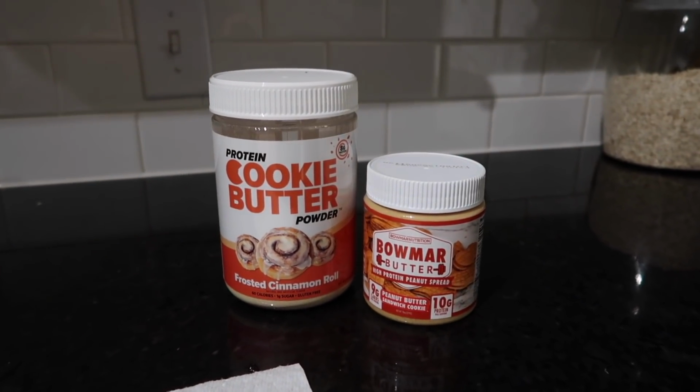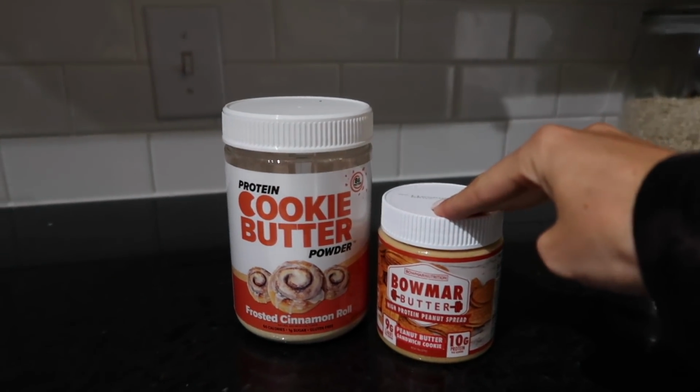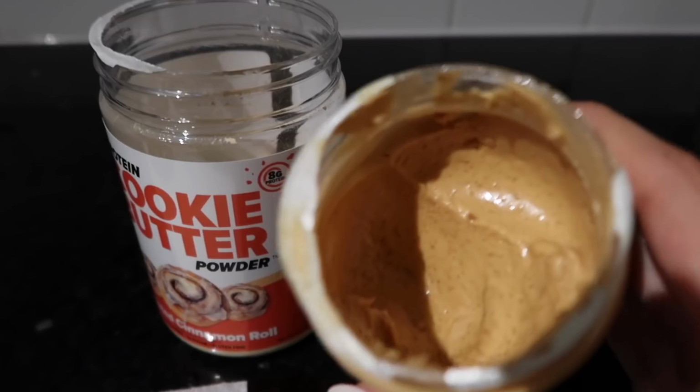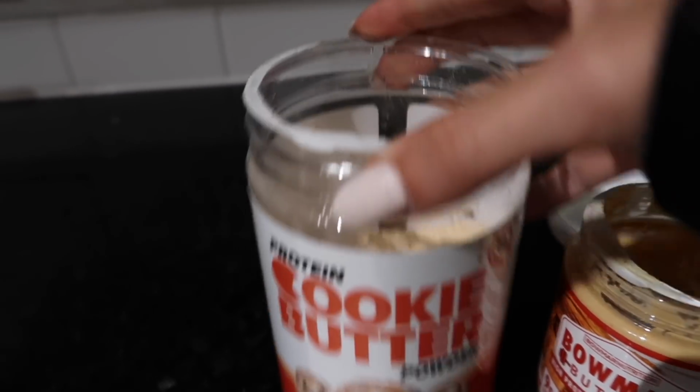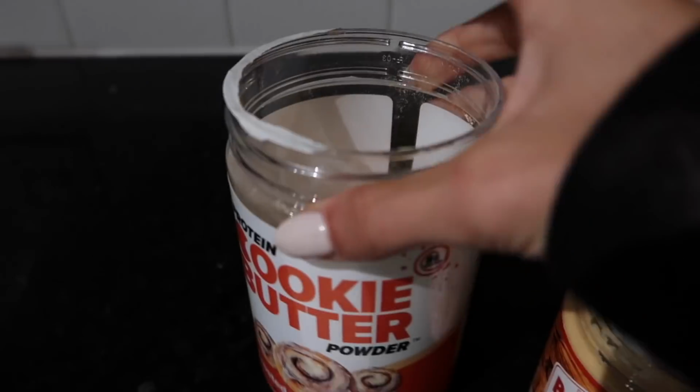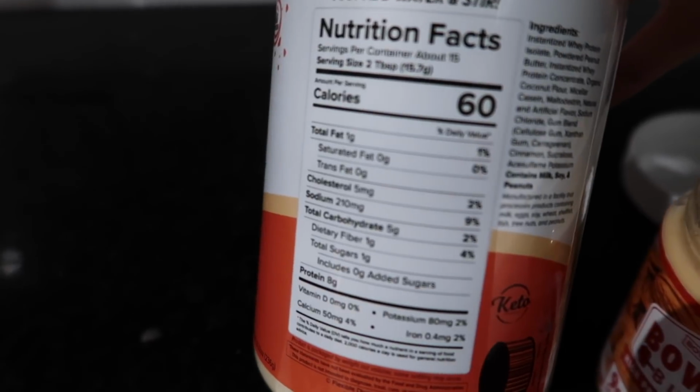So good. Also, I'm going to answer the very common question I get about what the difference is between the two. Bowmar butter is more like peanut butter, already in a peanut butter consistency. And then the cookie butter powder is a powder, so you're mixing it with water, and the macros are much lighter. We got about 60 calories for 2 tablespoons, whereas the Bowmar butter is,